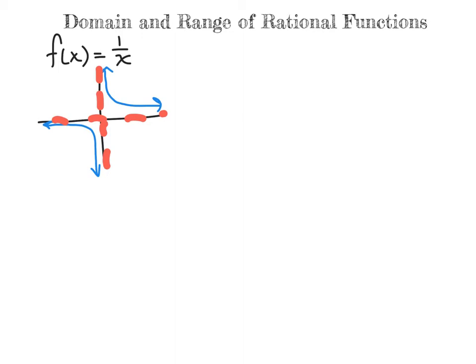So let's start with those domain values. Your domain are all of the values that make this function true on the graph for the x values. So if we look at our x-axis in the negative infinity direction, we have values, and the graph gets closer and closer and closer and approaches 0. And then the same is true for the right side, and then it goes to infinity. So we say that our domain